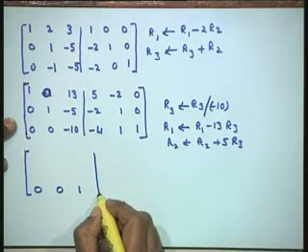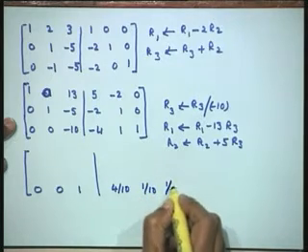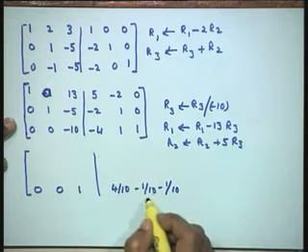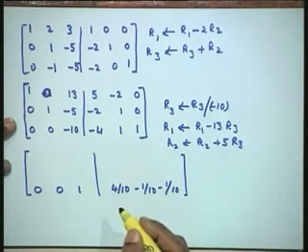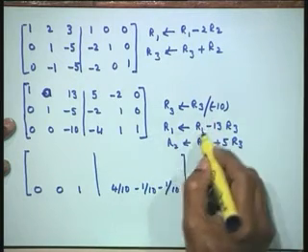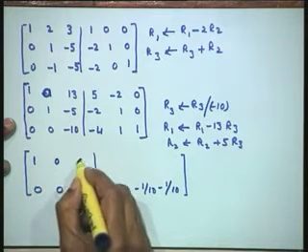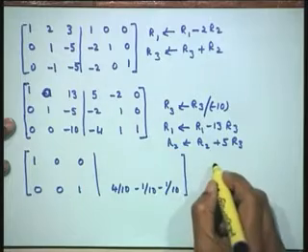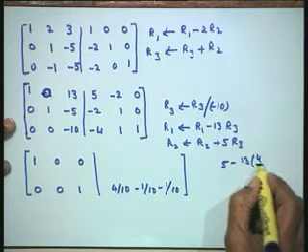So, I will have this as 4 by 10, let us retain it as that, 1 by 10, 1 by 10. So, I have divided by minus 10 throughout. So, I will have here 4 by 10, minus 1 by 10, minus 1 by 10 over here. Then I am now subtracting row 1 minus 13 row 3. Now, this is 1, this is 0, this is 0, 13 times this is 0. So, then I have here 5 here and minus 13 times 4 by 10.